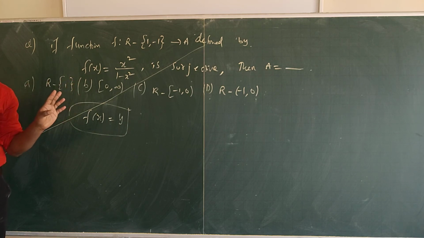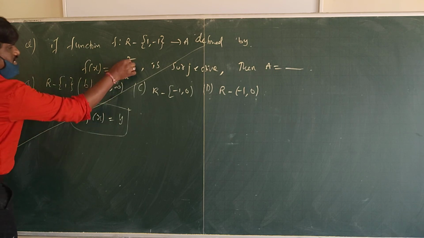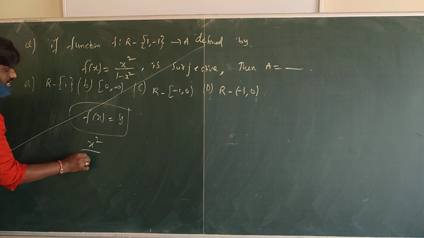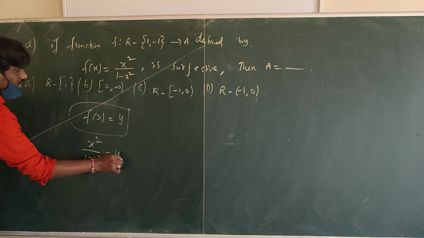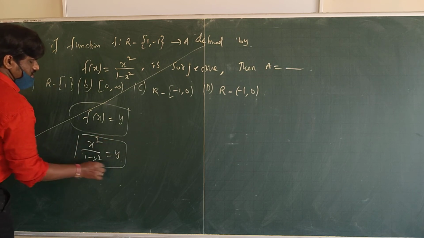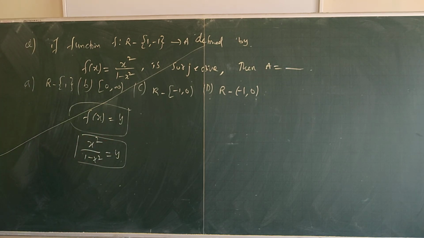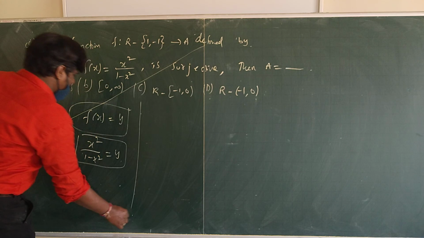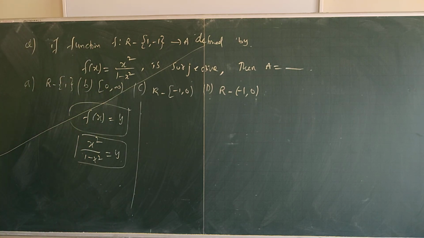Onto, one-one, all I explained. So if f of x, that is x square upon 1 minus x square, is equal to y, and it is asking what is the range of this. So what do you need to do here? Range कैसे फाइंड आउट करते हो? बोलो फिर क्या करते हो? Easy question, मैंने पढ़ाया, बहुत बार पढ़ा है इसको.